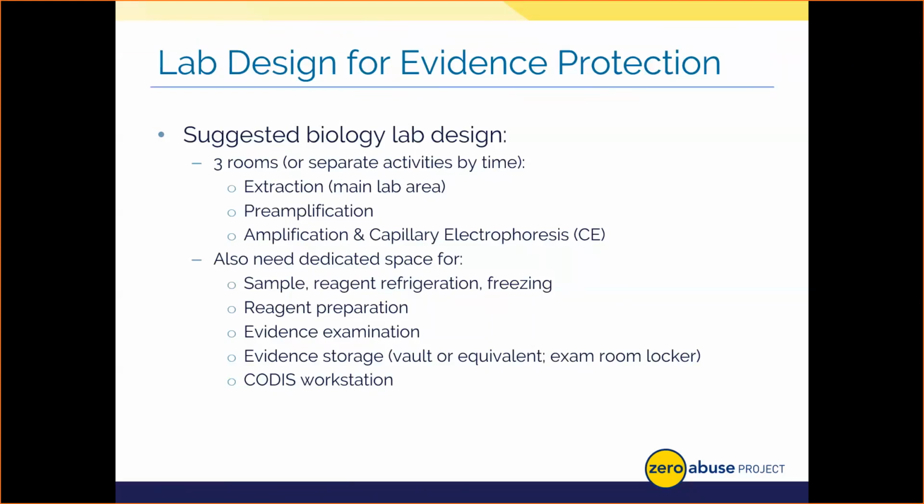Now, typically some other things that you might see is dedicated space. We had all of our fridges and our freezers locked behind doors, and then they actually had locks on them themselves to minimize access and ensure chain of custody wasn't compromised. Little things like this, right? Having a separated CODIS workstation for your Combined DNA Index System. Having separated vaults. We had a vault that was away from where the lab was processing evidence. All of these things are great for protecting your evidence and ensuring quality processing.